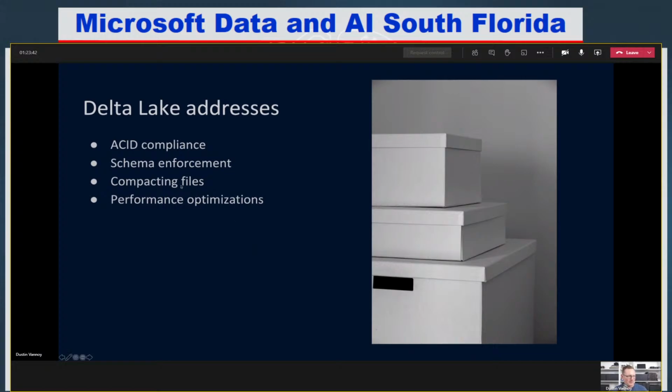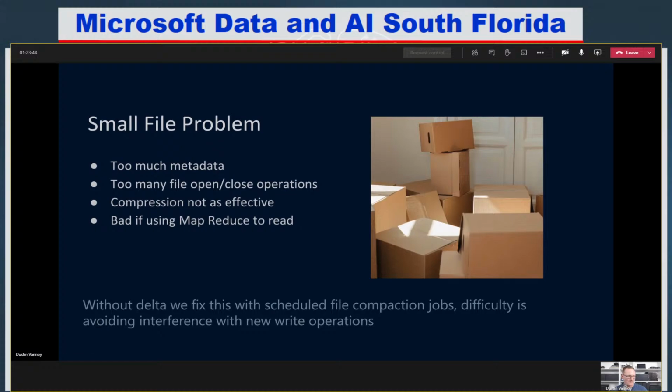It also gives us some capabilities to compact small files. The problem that we're being asked about is, do we really want to leave all these small files around? And I think the person asking the question probably knows, no, we don't. All these small files would lead to too much metadata to manage as we're trying to map our schemas to actual files in Azure Data Lake storage. It leads to more file open and close operations.